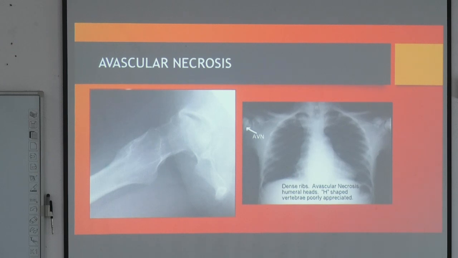Avascular necrosis of the bone most commonly occurs in long bones. The head of long bones is more prone to vascular ischemia because the vasculature of the neck climbs up and then drains downwards. So avascular necrosis of the hip,